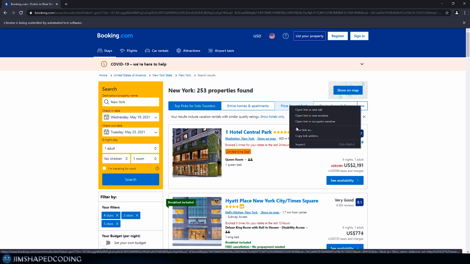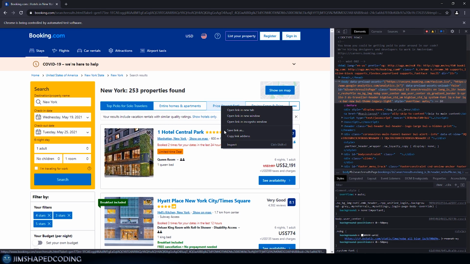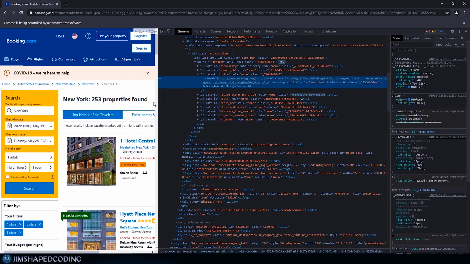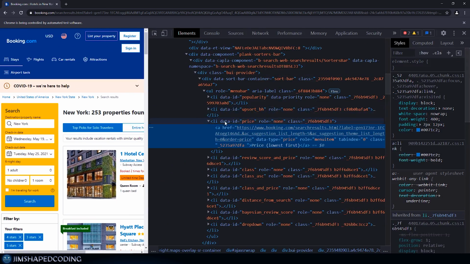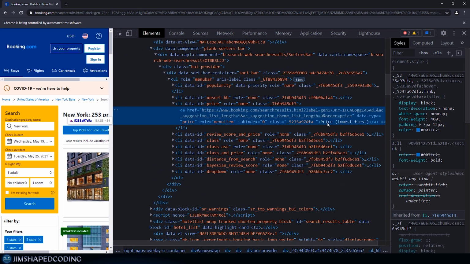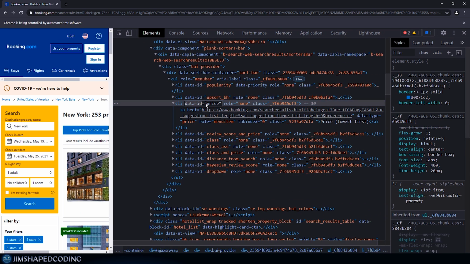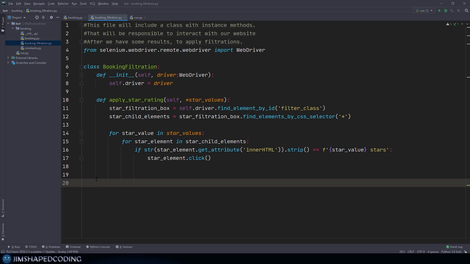So we would like to automate clicking on that, and I'm going to click on inspect. And you can see that this is just a button with only this attribute in here, which we have to find to click on that, and that is going to be this data-id equal to price. So we can grab this key value attribute and find this with a CSS selector and try to click on that one. So we can go back to our PyCharm and to our booking filtration file, and